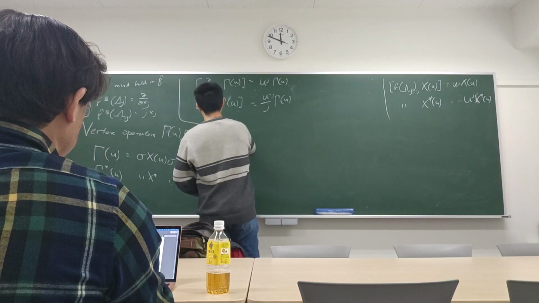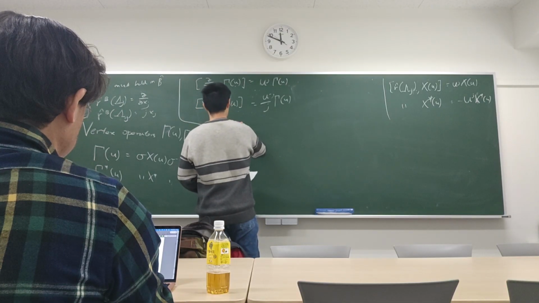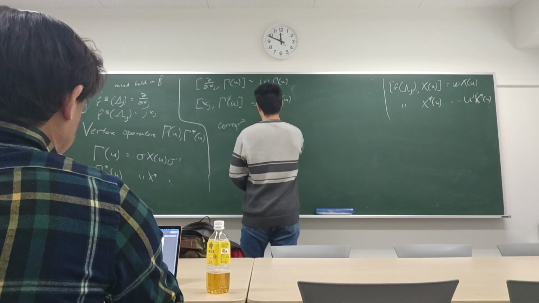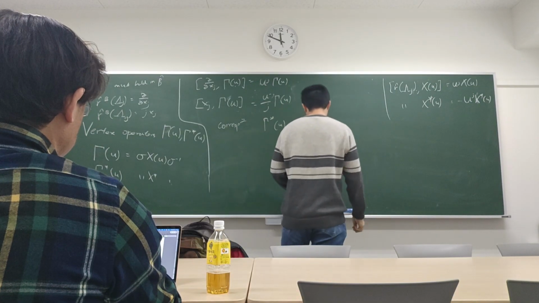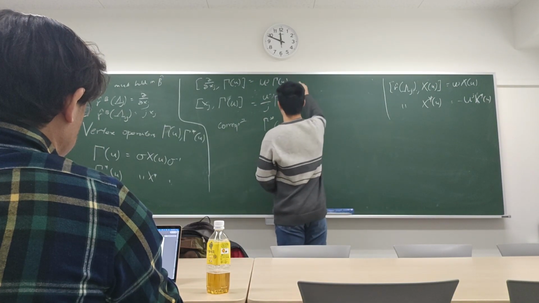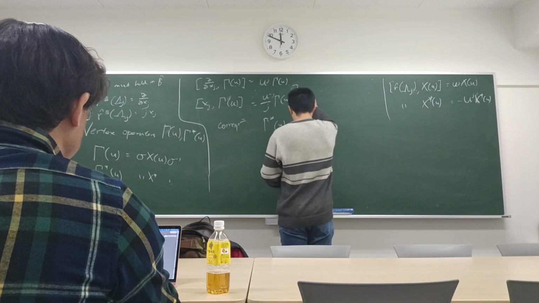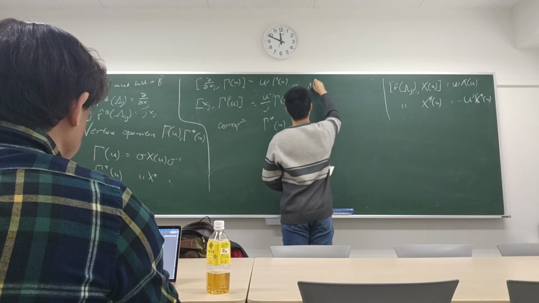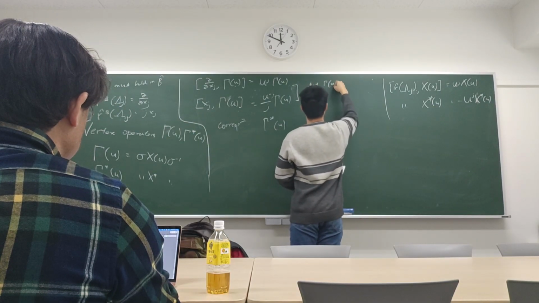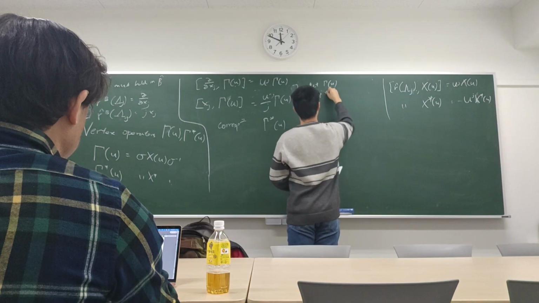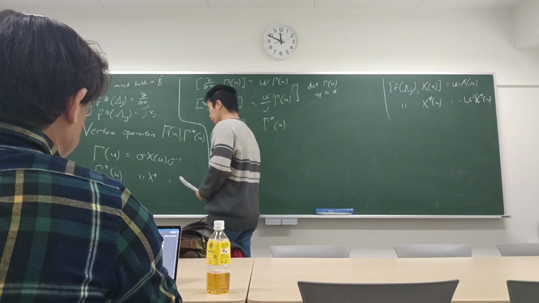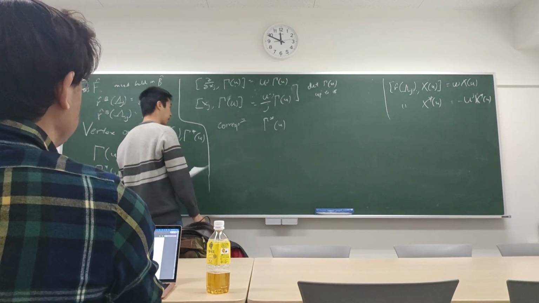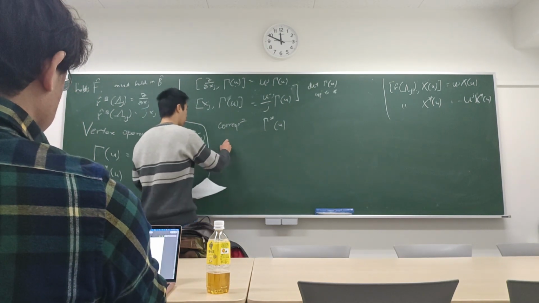And correspondingly, you have the relationships for gamma star. Now it turns out that these two relations determine FU up to a constant. So then the natural next question is that we want to find explicit expressions for